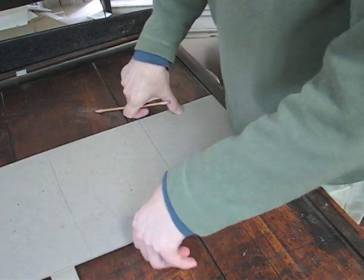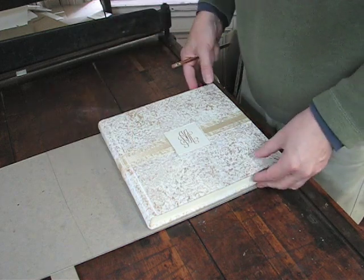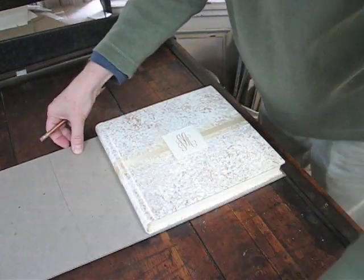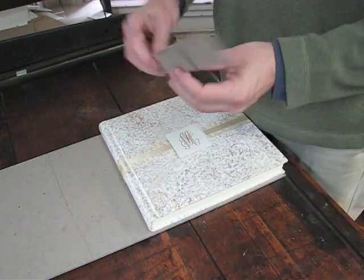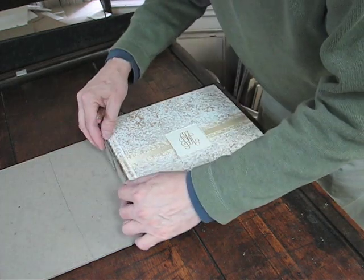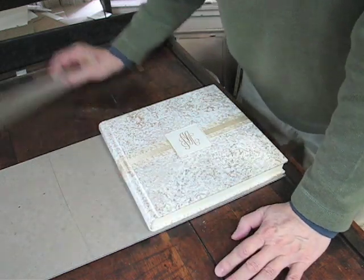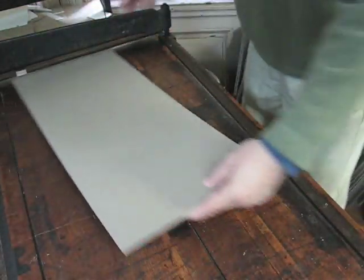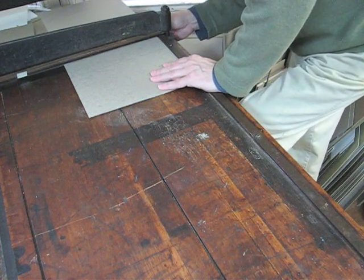Now with the board in the same position, I will take the book and put it with the foredge against the stop, and the board also tightly pressed against the stop. Now since the slipcase is open on one side, I'm going to take the gauge, and we have a single thickness of board on this end of it. So I'm going to stand that up on the spine, and then I will mark. Then I will set this into the board shear, and I'm also going to give a little bit of generous space here,